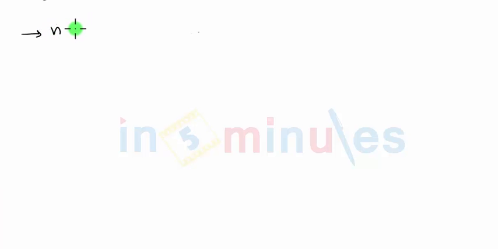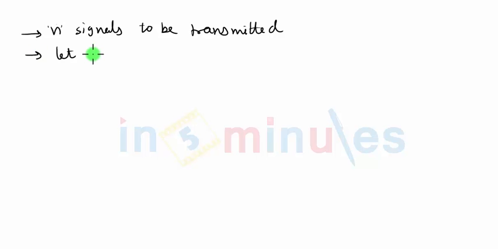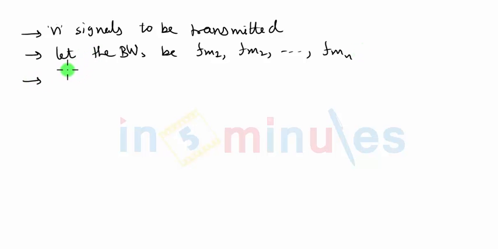Let's say there are n signals to be transmitted. Let all the n signals have the bandwidth of fm1, fm2 up to, let's say, fmn. So the question is, what will be the total bandwidth required in a TDM system, or I will call it a TDM PAM system. So in a TDM PAM system, the total channel bandwidth required, or the bandwidth of the composite signal that